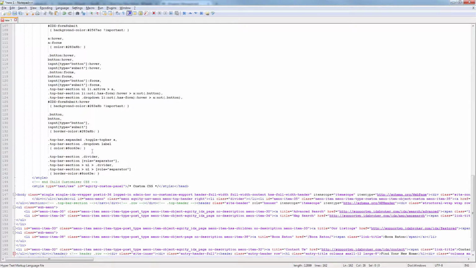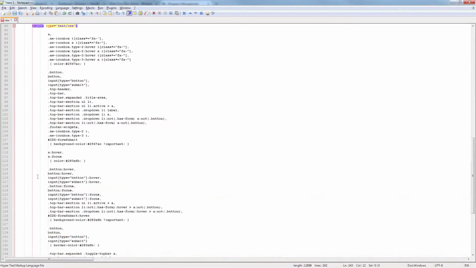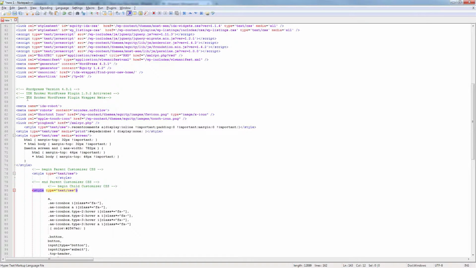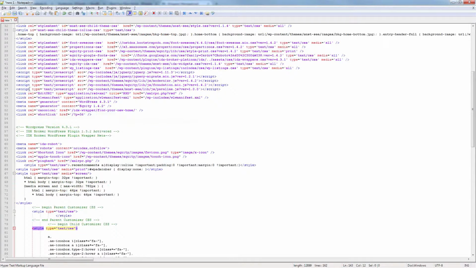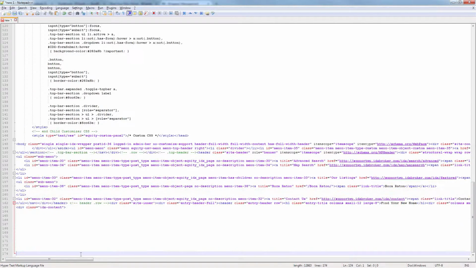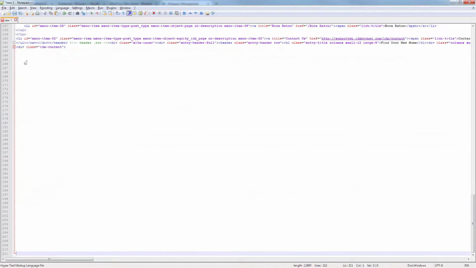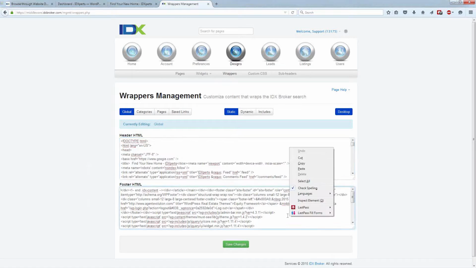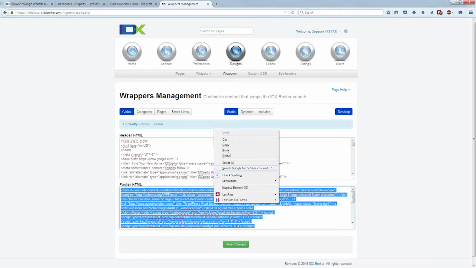So if I paste that in here, now we can see all of these tags styled. And when I click them, I can see if they close correctly, which is one thing that can break a wrapper. And I can identify the tags, the markup, a lot easier. So this is just the header portion. So the other part I want to do is give myself plenty of room for the footer portion. That way I know that this is where my content split. So now we're going to go back to our IDX Broker account and the same thing. I'm going to select all of this and copy it and go back to Notepad